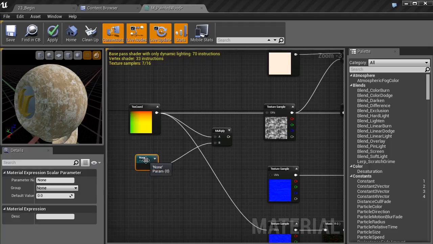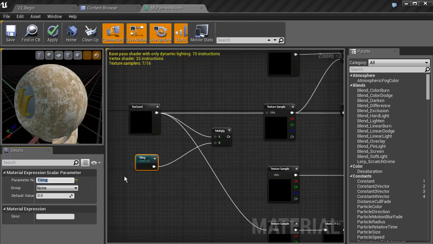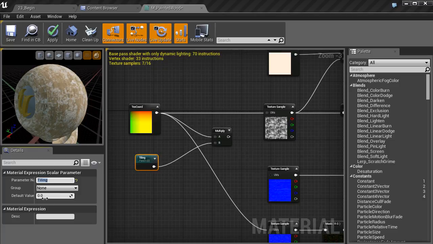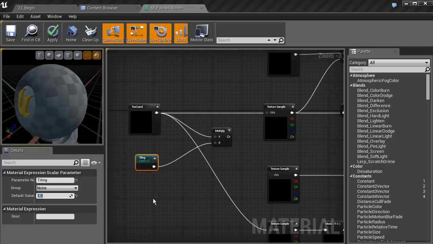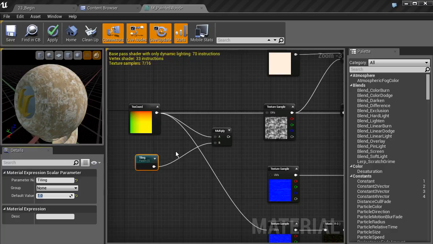Now, with this parameter selected, we need to give it a name. So let's go ahead and call this tiling. Okay, that should be fine. Notice its default value is set to 0. Let's go ahead and set its default value to 1, because whenever we have a texture, its tiling value on its X and its Y is usually set to